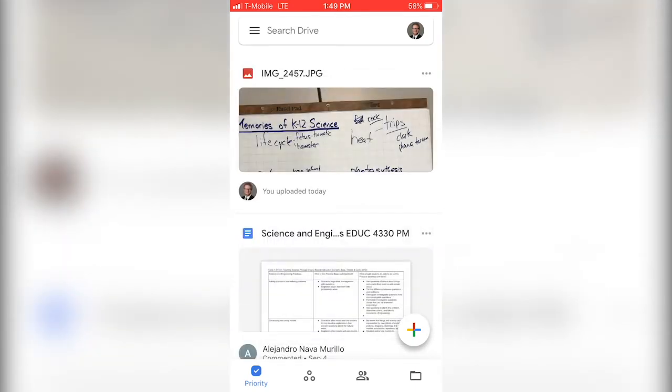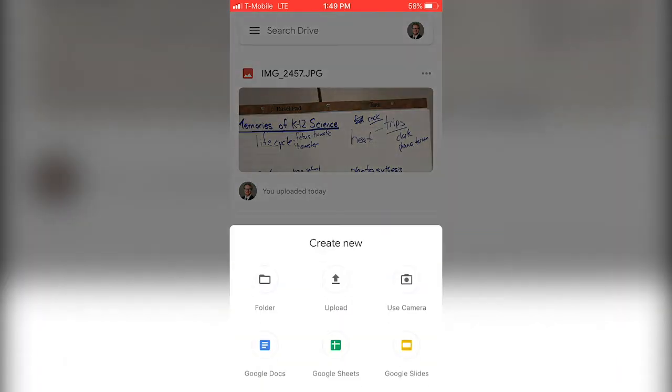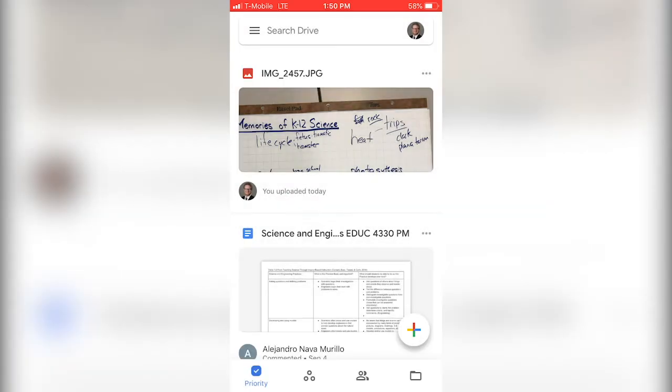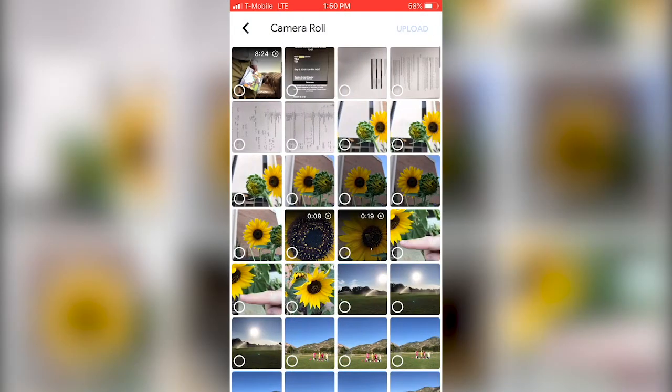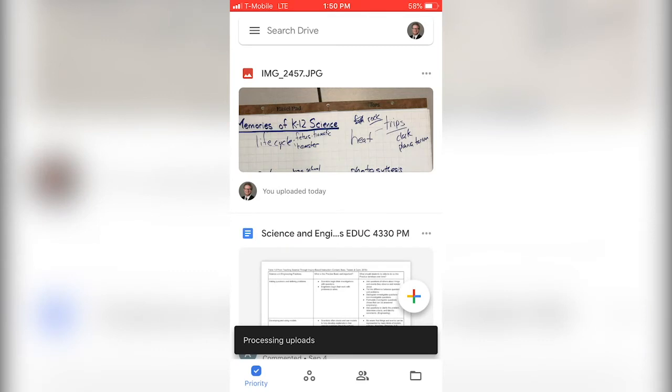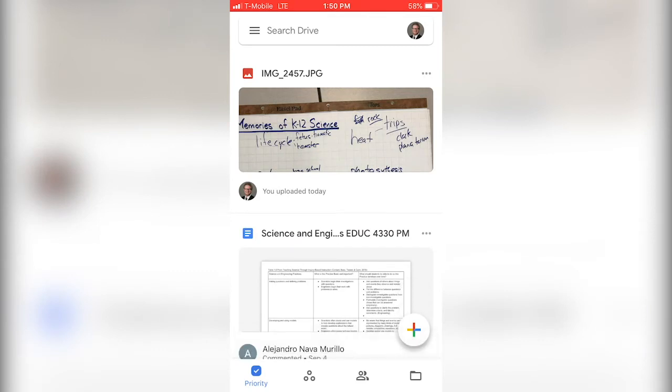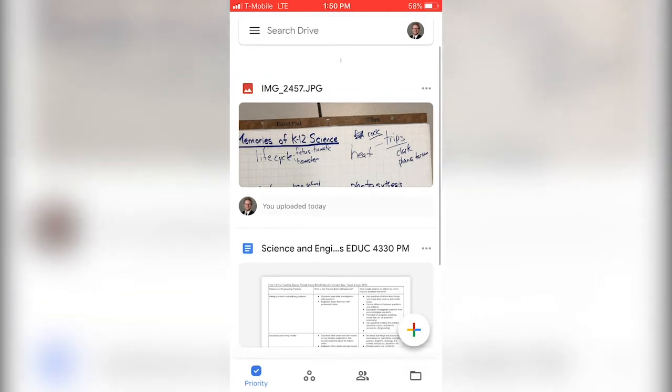I'm going to hit plus. I'm going to go to this button that says Upload. I'm going to browse my photos and videos, click on my camera roll, and I can see that I have that 8-minute video there, and I'm going to click Upload. Now, depending on where you're doing this, you may or may not have good enough cell phone service